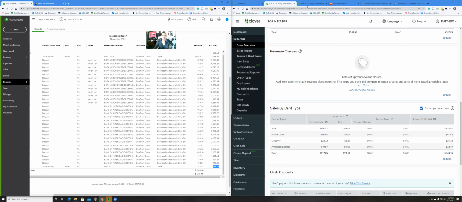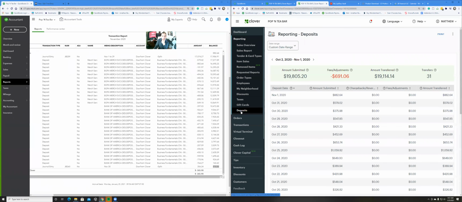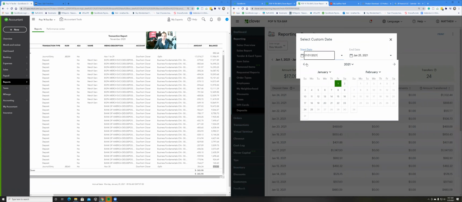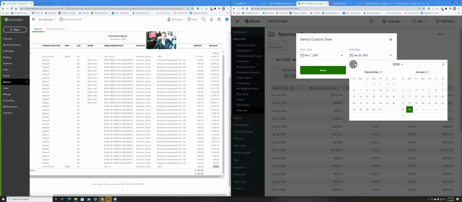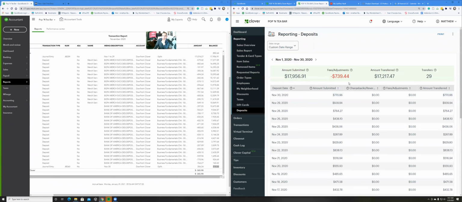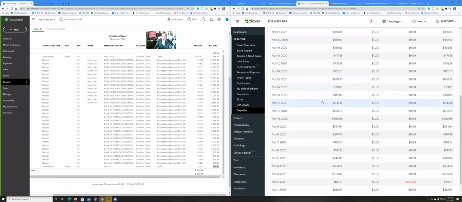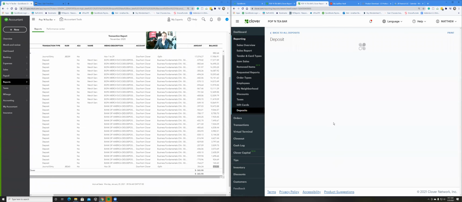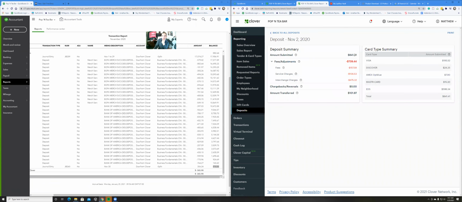So what we do is we come here to deposits and we click on this. And I'm going to date this for the month of November. And it says how much I paid in fees or how much adjustments we had. So I'm going to scroll all the way down and I'm looking for right here. You see where it says November 2nd? And it says that we should have received $841.41,